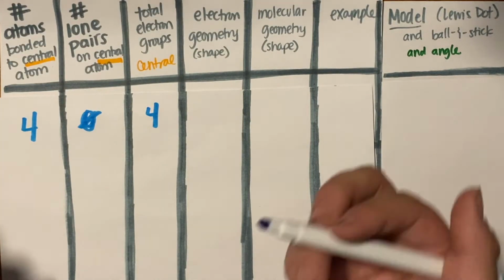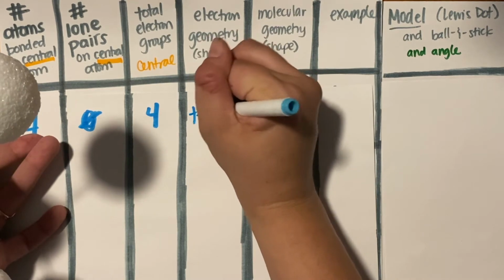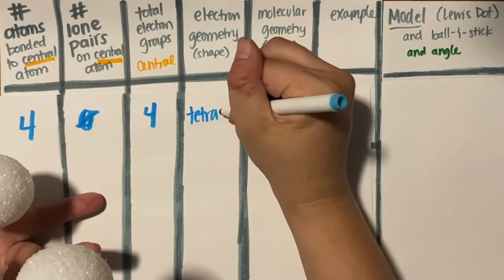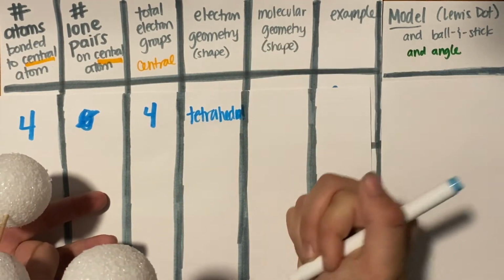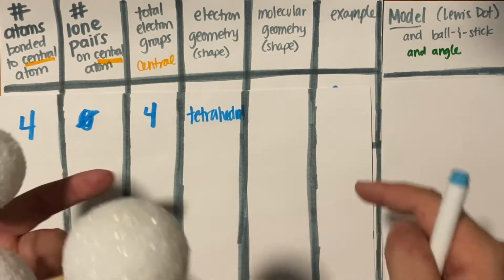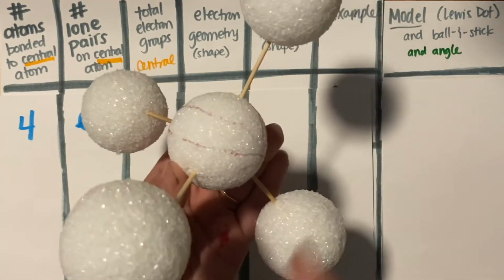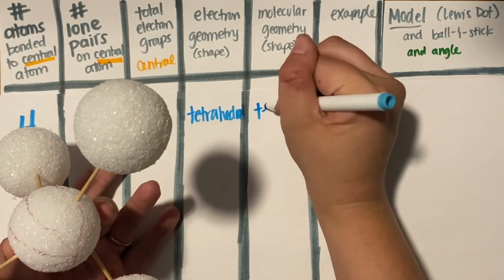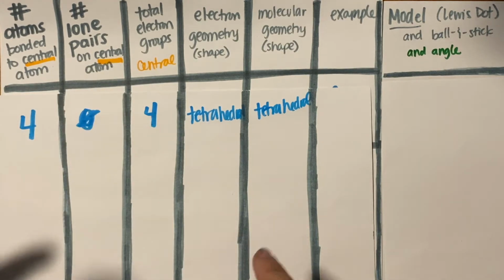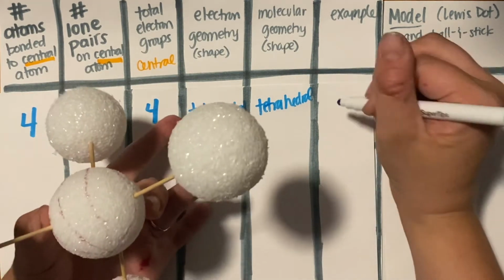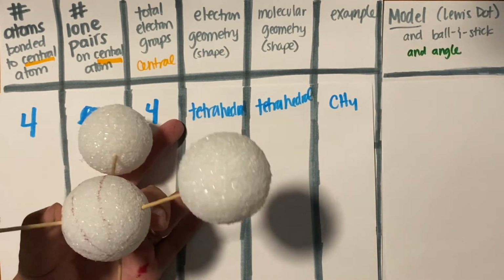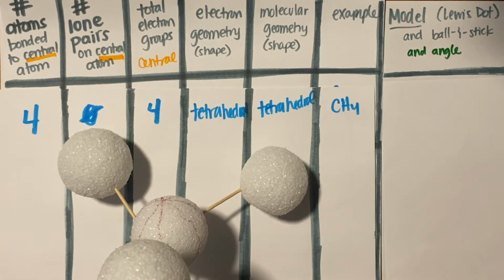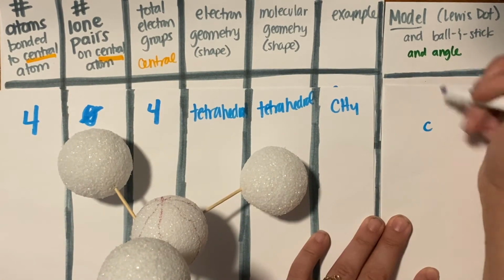So the prefix for 4 is tetra, and then this is a 3D shape, so it's a hedral, so a tetrahedral, okay? And my molecular shape is gonna be the same. 4 atoms bonded to my central atom going off in those 4 different directions, tetrahedral. All right, this is a tetrahedral molecular shape. And a real life example of this would be CH4, okay, methane, right? So if I was going to draw out methane, okay, if I was going to draw that out,